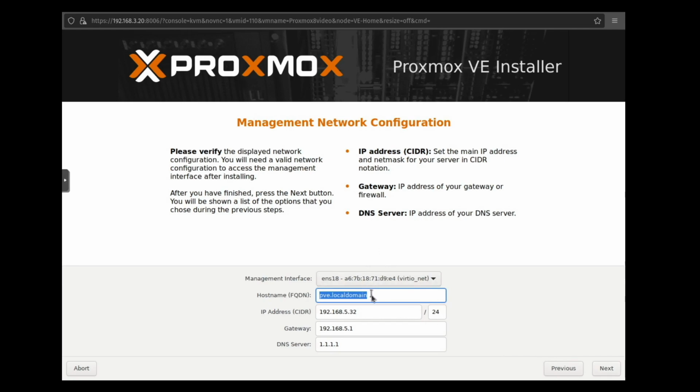Hitting next, we can go ahead and we see our default host name is at local domain. You can change this as you need. I'm leaving mine here at pve.domain. You can also set your IP address, your gateway, and your DNS server here, as well as hitting this drop down. If you had multiple managed interfaces, you could select that. I am going to leave this information in here, but note that after this moment, this IP address will become static. So you may want to move it outside of your DHCP range. For me, this will work for this demonstration. So I'm going to hit